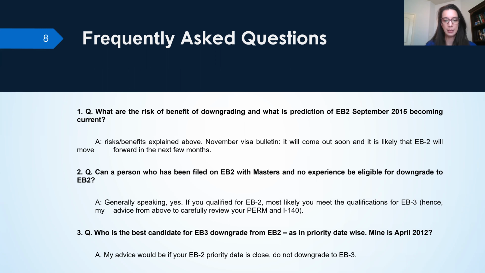Who is the best candidate for EB3 downgrade from EB2? As in priority date wise, mine is April 2012. So my advice has been, if you're close, if your EB2 priority date is close, do not downgrade. But that's just my take on things. If you are far out and